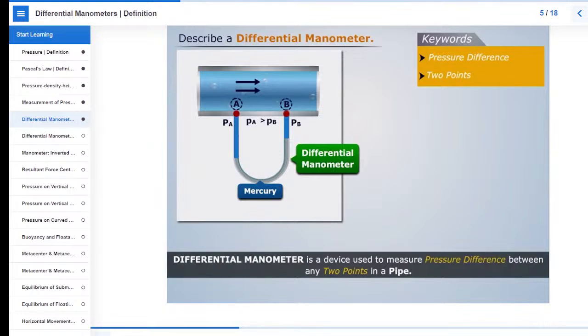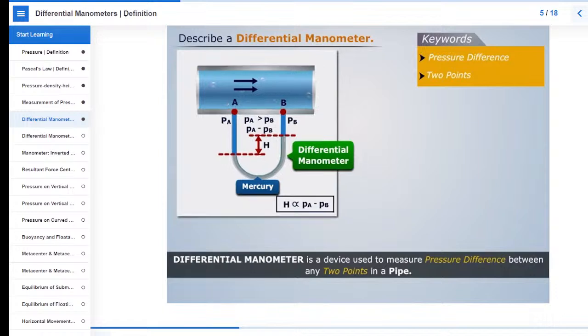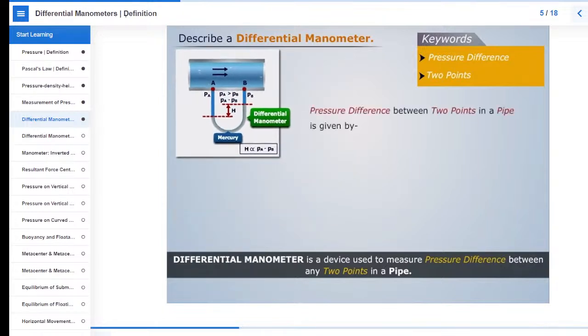Due to this pressure difference, we see that the level of mercury lowers in the left leg and rises in the right leg of the manometer. The difference in the mercury levels, say H, will be directly proportional to the pressure difference between point A and B. Thus, the pressure difference between 2 points inside a pipe is given by